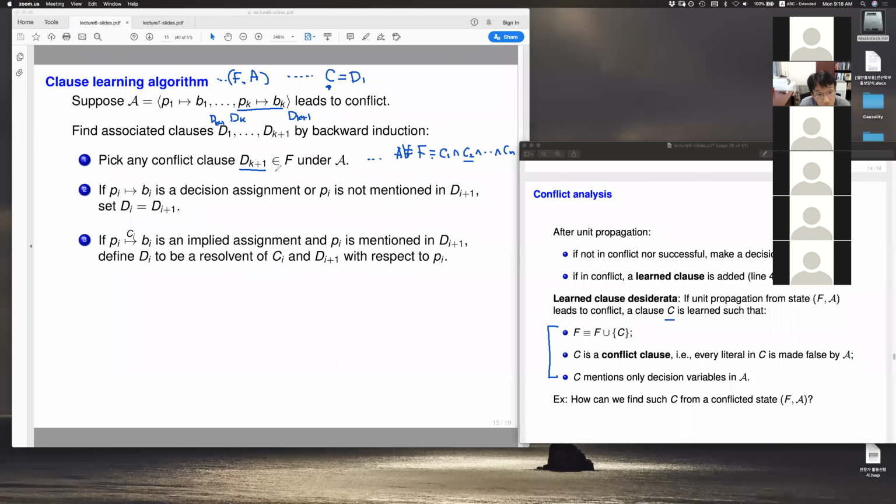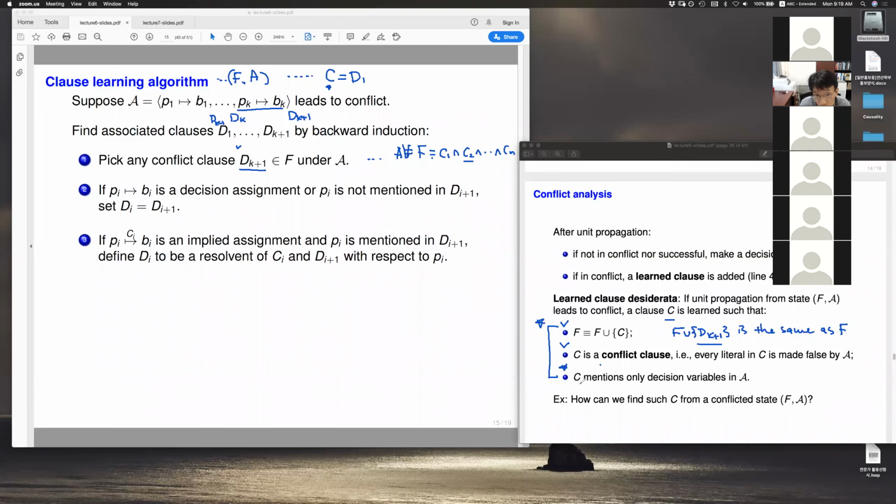Now let's take a step back and think about how far we are in order to find C that satisfies these three conditions. Now look at Dk+1. Dk+1 definitely satisfies the first condition. Why is that? That's because we just picked one of the clauses in F. So in fact, F union Dk+1 is exactly syntactically the same as F. Because they are the same formula, they are equivalent. So this part is okay for Dk+1. The second part is also okay for Dk+1 because we picked Dk+1 such that it's not true under A. So that's a conflict clause. So these two are okay when we make this choice in the base case, but the third one is